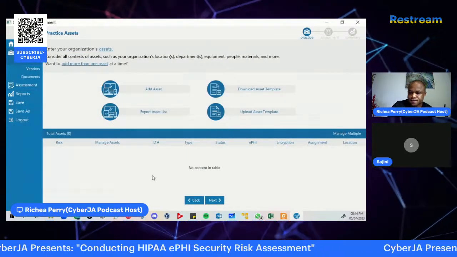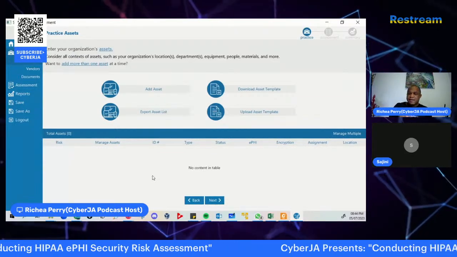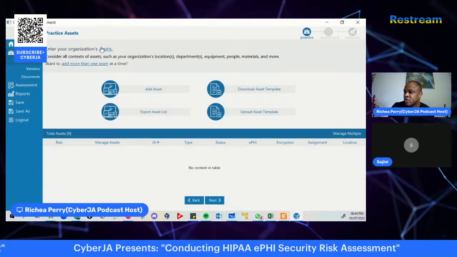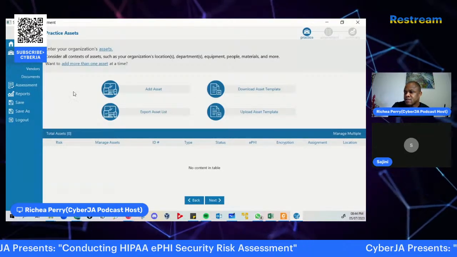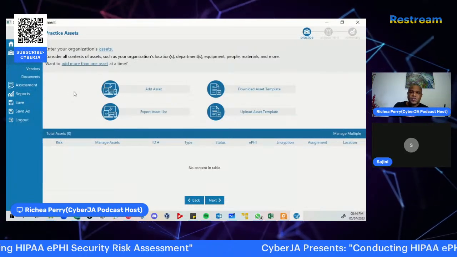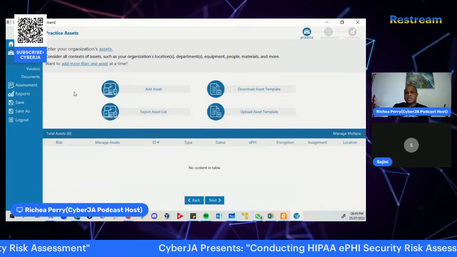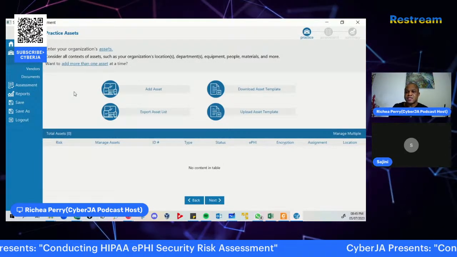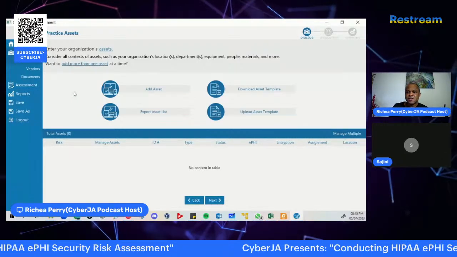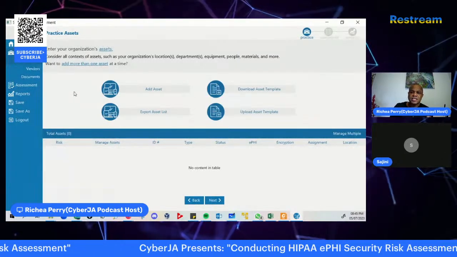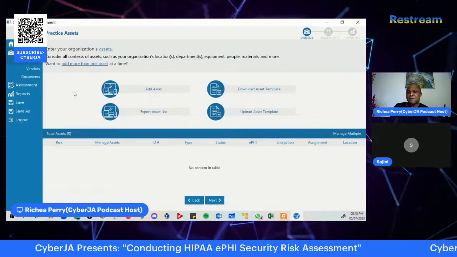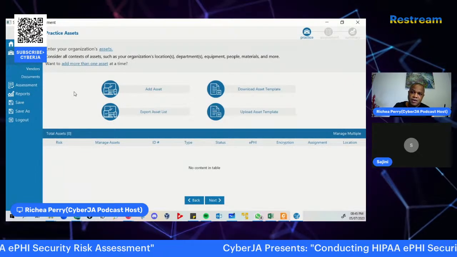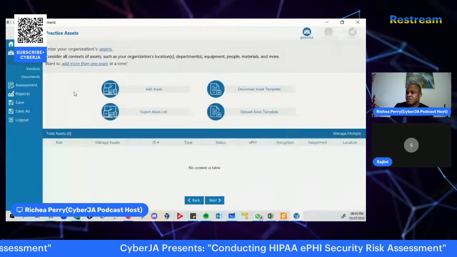All right, so now we are at this particular phase of the practice. It says to enter your organization's assets. So for persons who are familiar with taking cybersecurity risk assessments within the organization, your business assets are those critical elements that you want to assess as it relates to risks that can affect the organization or the business in and of itself.